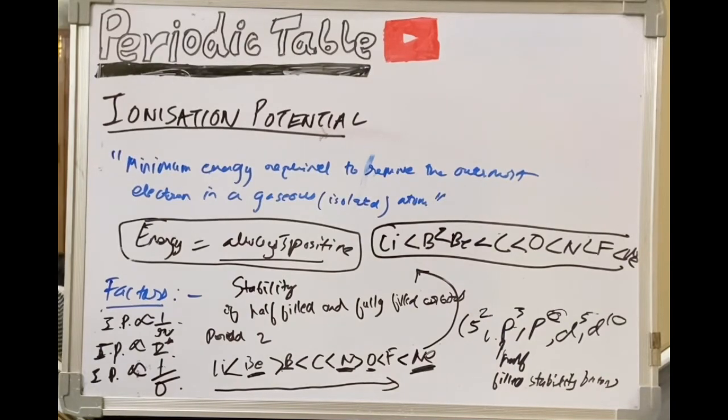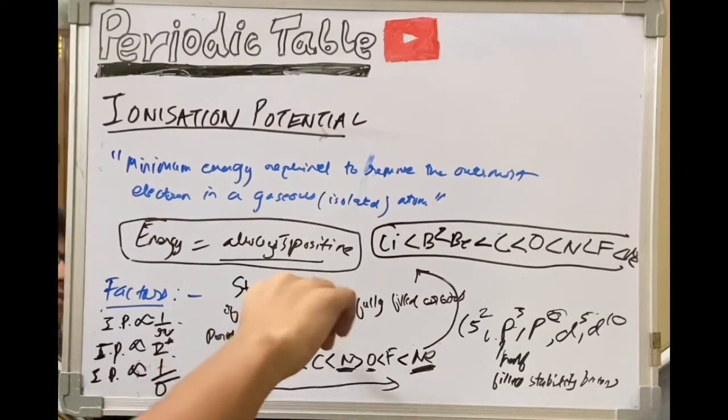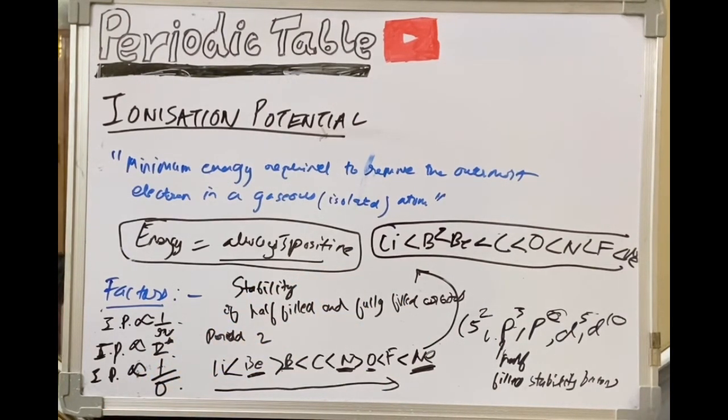So whenever they ask you to find if a statement is true, or you have to compare the IPs of given elements of the same period, you'll have to draw this for sure, and you can just note it down after that. After drawing this, you can just write this down, because I didn't learn this. I just showed it to you how it works. Okay, so it will be like this, and it will be the same for period 3 as well, period 4 as well.